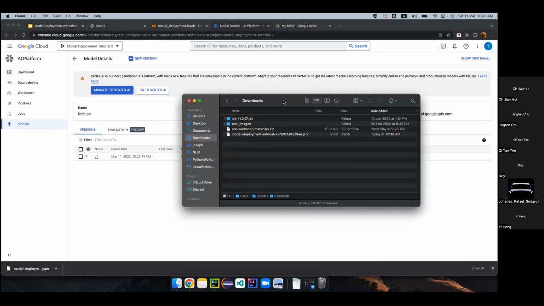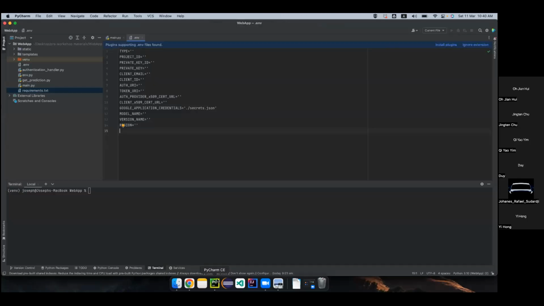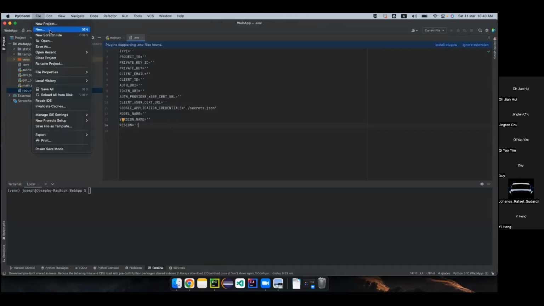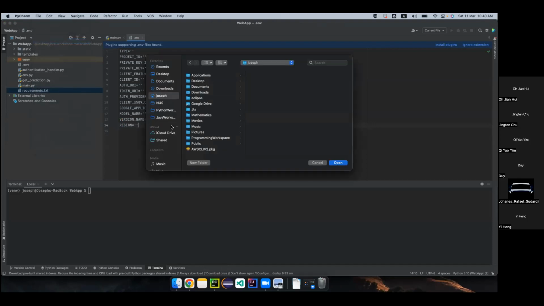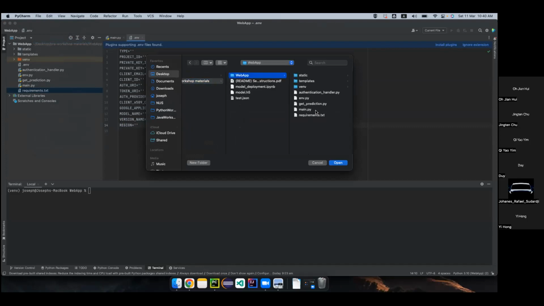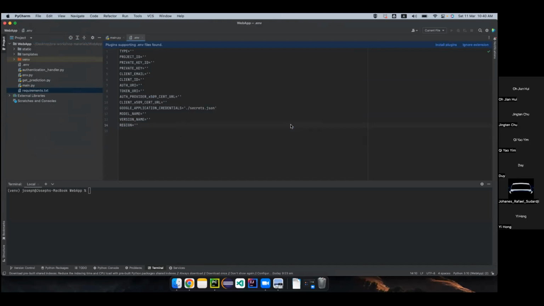Okay, so now hopefully you guys have PyCharm on your laptop. If you're using VS Code or something like that, that's perfectly fine as well. But I need you to open the web app that we've provided. So go to open, go to wherever you saved the workshop materials, and open this web app. Okay, and then you just open it here. All right, so make sure that it's